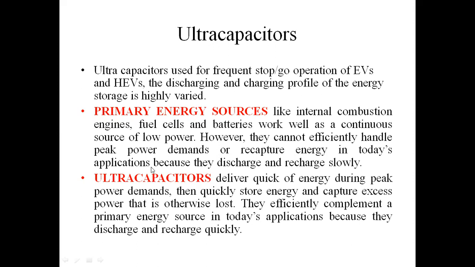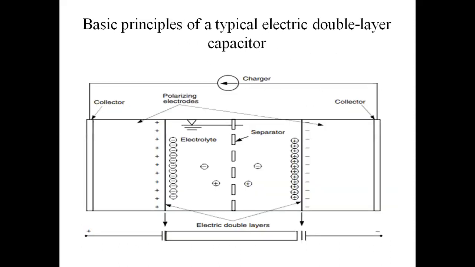This ultra capacitor is usually a secondary source for hybrid vehicles. Otherwise, ultra capacitors are used for small distance purposes like two-wheeler vehicles, for only tens of kilometers. Next, this is the basic principle diagram of